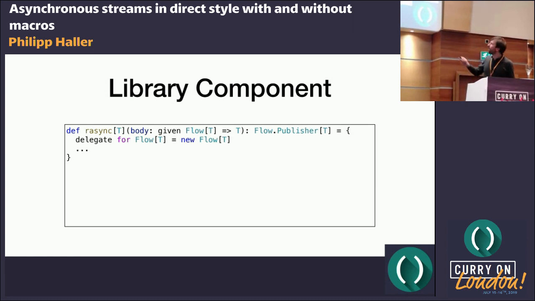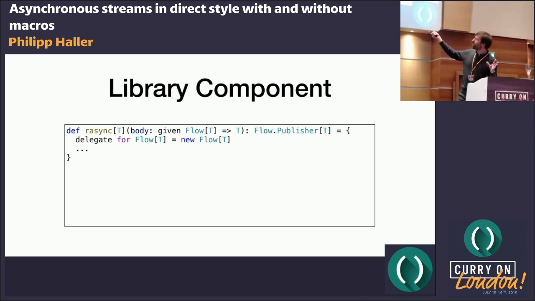And now, if we go back to RAsync, we can create a new flow instance. In the current implementation, flow of T is actually a subclass of publisher of T, so we can return this object as the final result of RAsync, right?